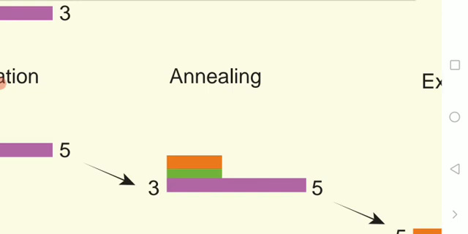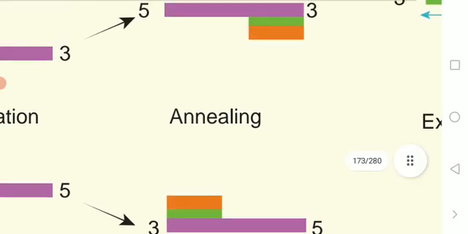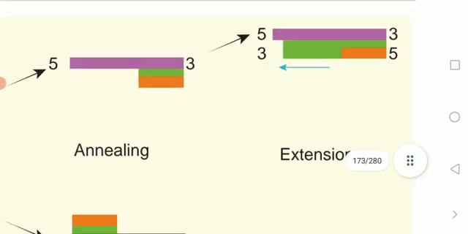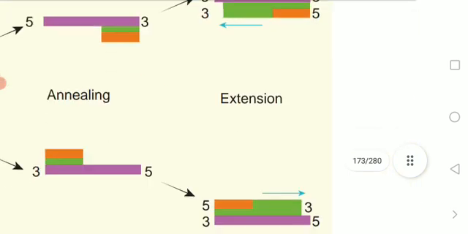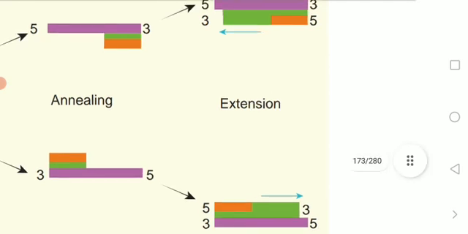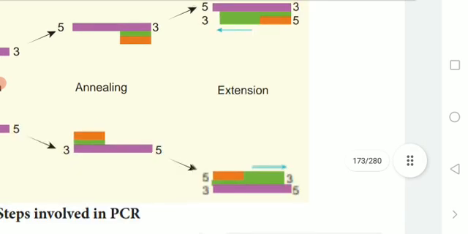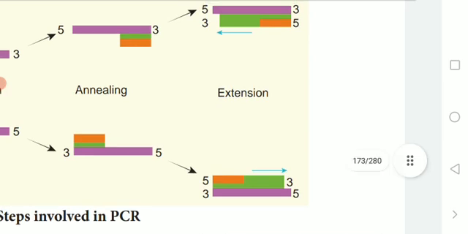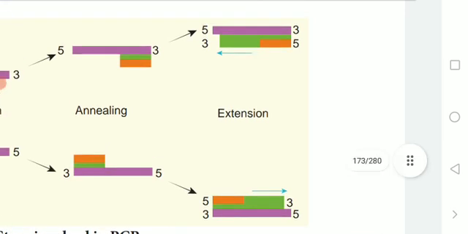That green color hydrogen bond is going to be broken by heating at 95 degrees Celsius with a Thermus aquaticus DNA polymerase enzyme. Taq means Thermus aquaticus. Once you heat at 95 degrees Celsius for 1 to 3 minutes, what happens? This point is going to break down, so the DNA automatically separates. The double strand becomes single strands. That is what we call denaturation.